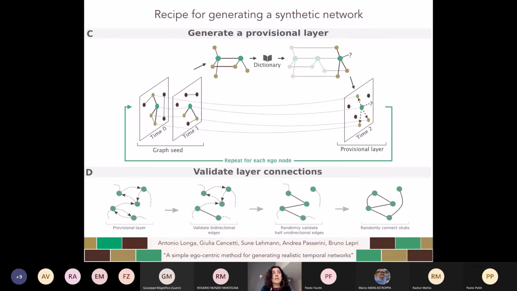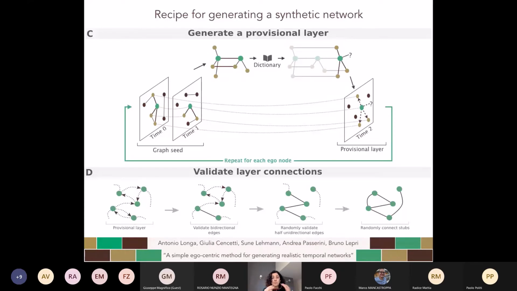Now, in order to make it definitive, we need to validate or not these connections. Since we have a directed network, only half of the links should be validated, because the directed links are twice the number of non-directed ones. If you have nodes I and J, you can have a directed link from I to J and a directed link from J to I, while when we have only undirected links, we can only have one link between them.